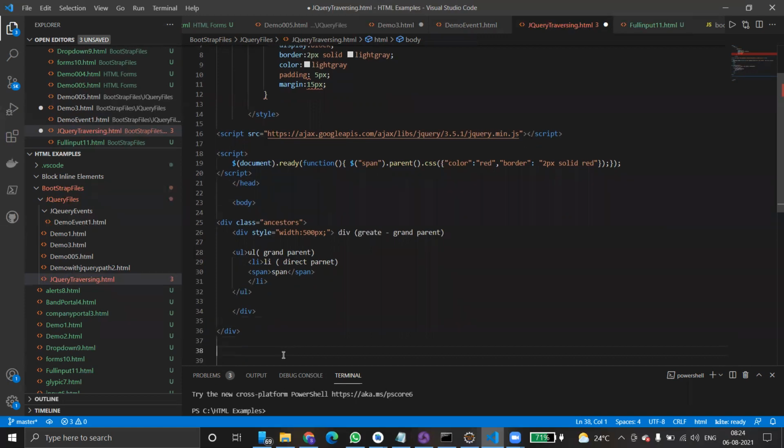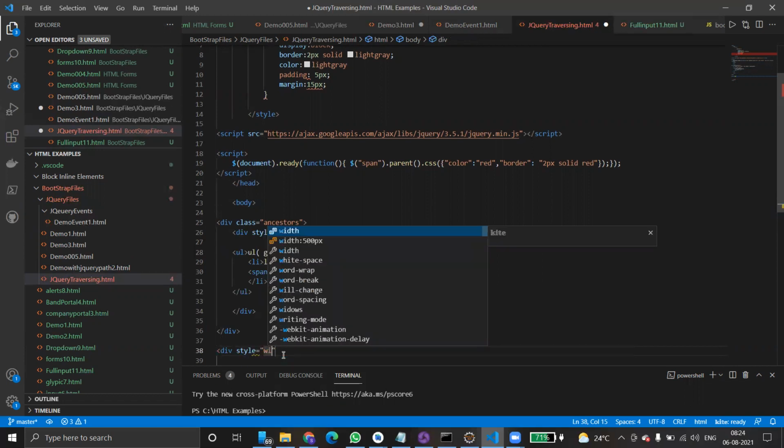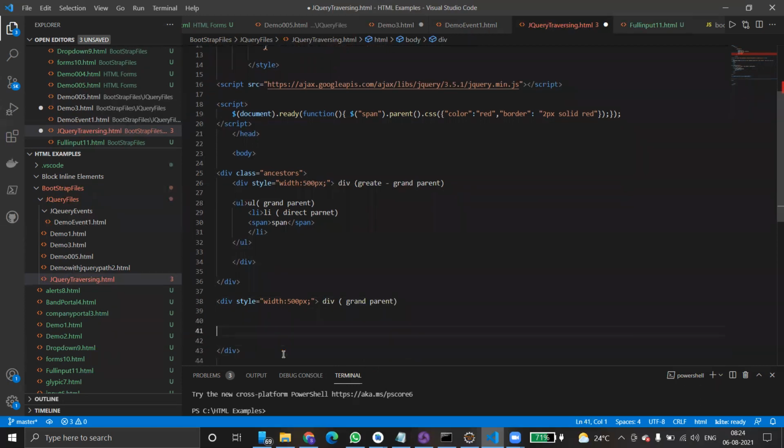I'm going to create one more division here. Div, style, and then width 500 pixel. I'm just mentioning the width and then closing the div. Div grandparent. Inside the div, I'm going to create a first page paragraph.